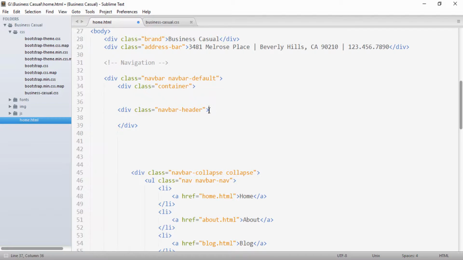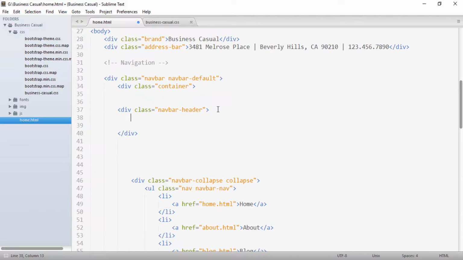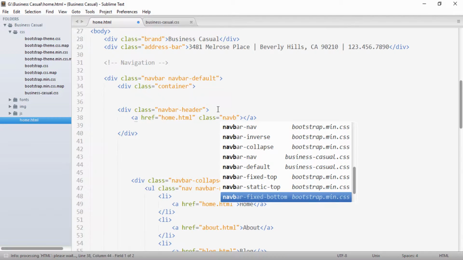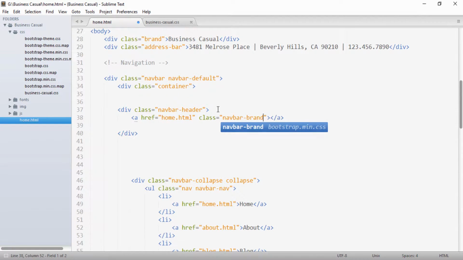For mobile devices, as it will hold the header for our navbar, we have provided this class, and inside this class we will provide a brand. For that we will create an anchor tag, and to this I give the href as home.html, and to this I give a class of navbar-brand, and I give the text as Business Casual.